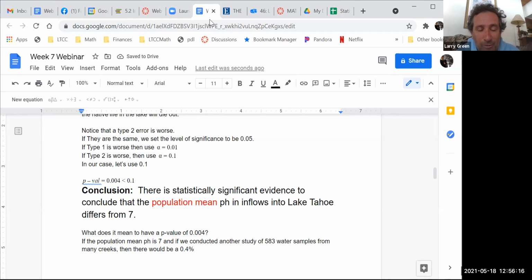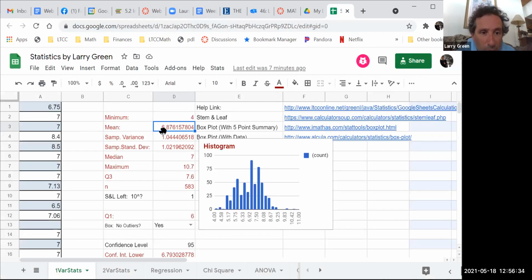So 0.4% chance that the sample mean would either be, and now let's look at these numbers again. We got about, I'm going to take one decimal place, 6.9, would either be less than 6.9